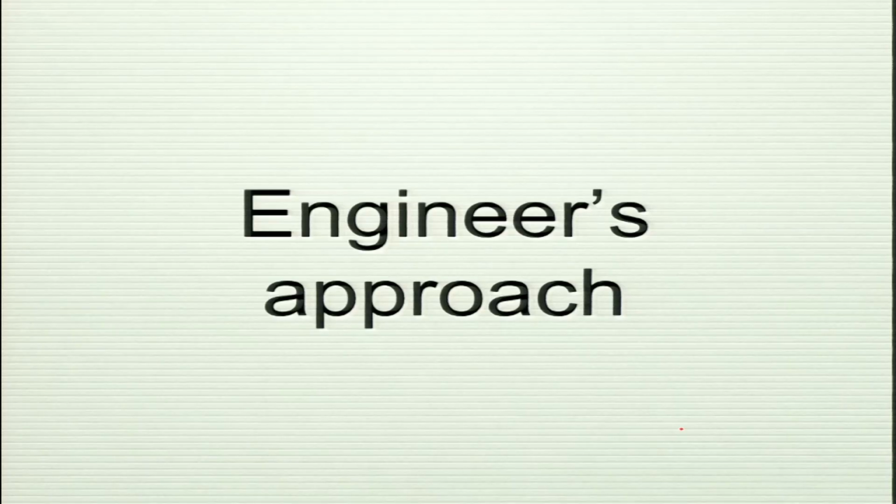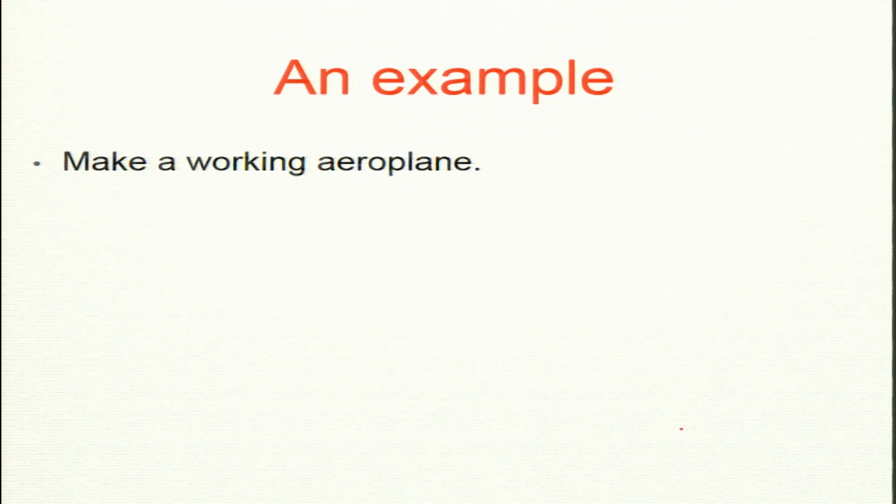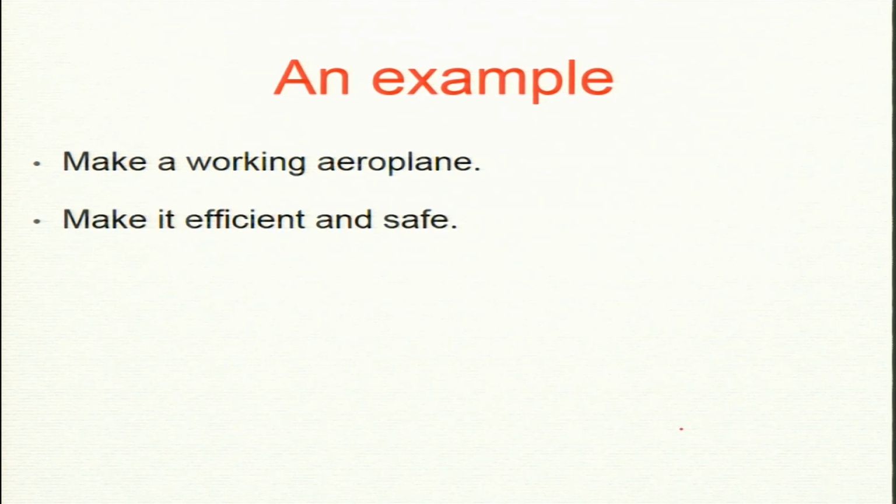Okay, what about the engineering approach? This approach is quite different. I start with an example, of course very important. In fact, engineers really do much more than what physicists can get to. So, let us take an example: make a working aeroplane. This is what I want to do, and if you succeed, then you make an efficient and safe aeroplane. This is one objective which the engineers achieved. The Wright brothers, by the way, did not get the aeroplane by accident. If you really see, the story is inspiring. They were not from MIT or Harvard, they had a shop, but they had set up their own wind tunnel.